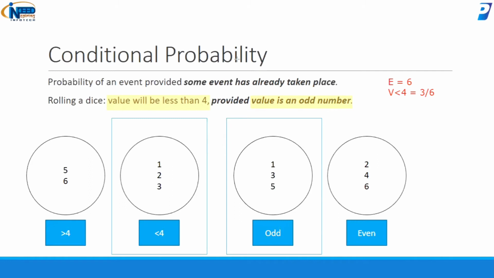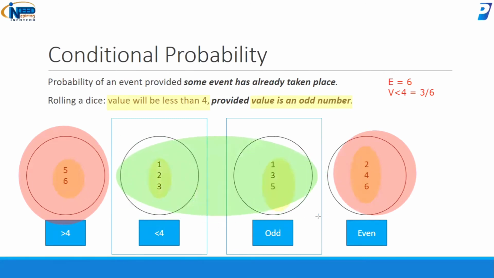Here you can see the probability steps. First, identify the condition: the value is greater than 4 or less than 4. We have 1, 2, 3 which have a value less than 4. Secondly, it is about even and odd. We have 2, 4, 6 as even and 1, 3, 5 as odd, right? Now whom to discard? We need to discard the items greater than 4 and the even items. So we are remaining with the numbers less than 4 and odd.